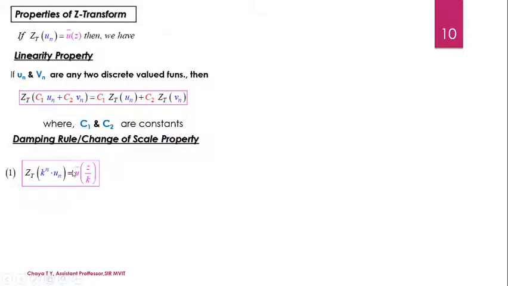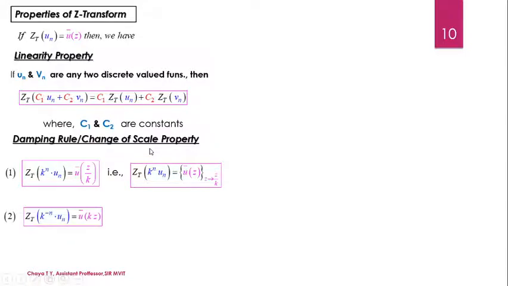Now what is the meaning of this RHS? Observe this expression here. First we identify the term un in the given problem. Then find the Z transformation of un, which will be denoted as u bar of z. Into that expression, replace z by z divided by k, which gives you the Z transformation of the function un damped by the term k to the power n. So this is how we consider the change of scale property for Z transforms.